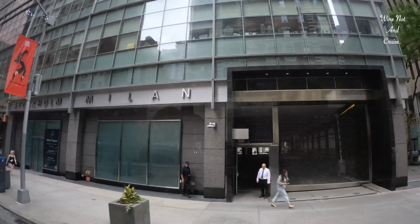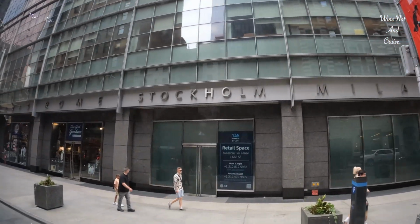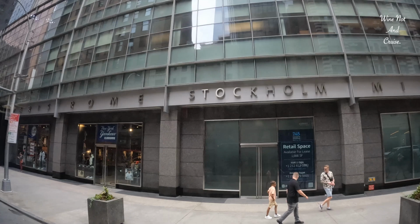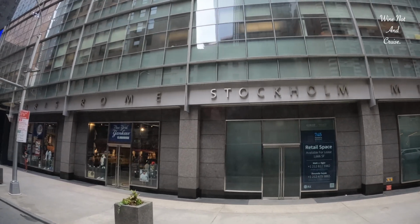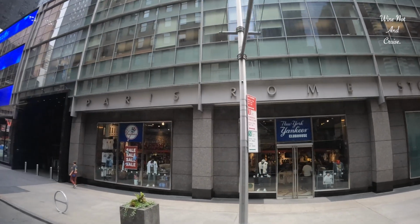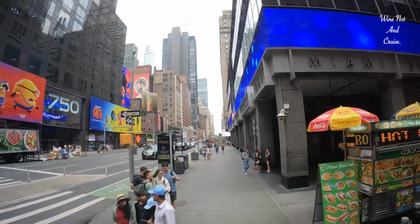Now we're going to be coming through Times Square. Times Square is probably one of the busiest places on the planet, in the world. There are more people on the streets of New York and around Times Square than there are in some small towns. You get upwards of 500,000 people in this neighborhood. It gets crazy. So we're going to drive through now and drive by,